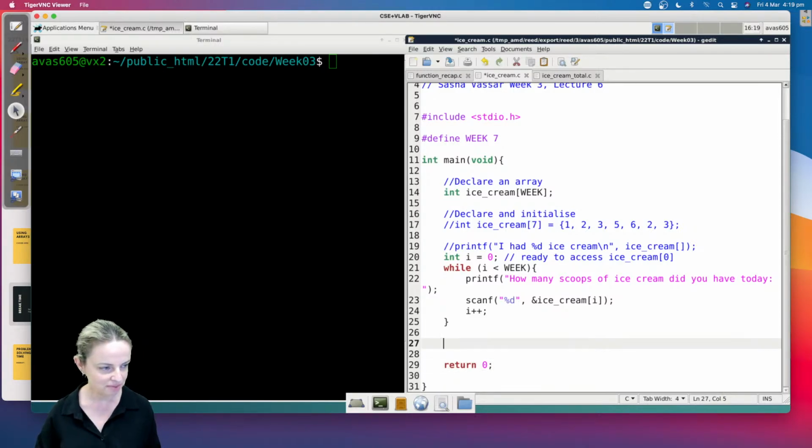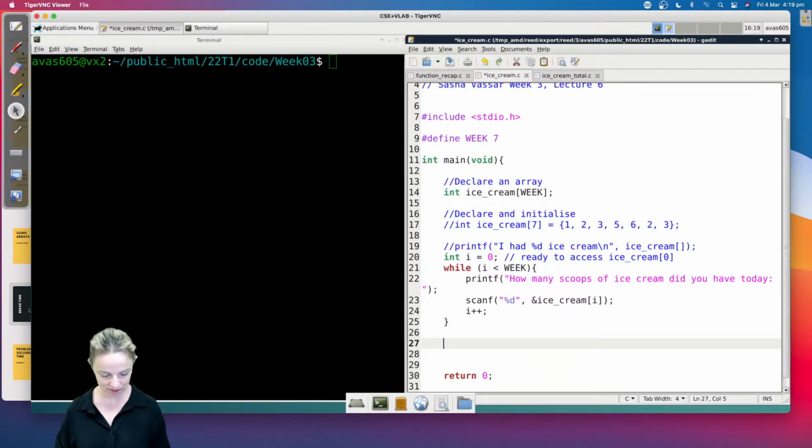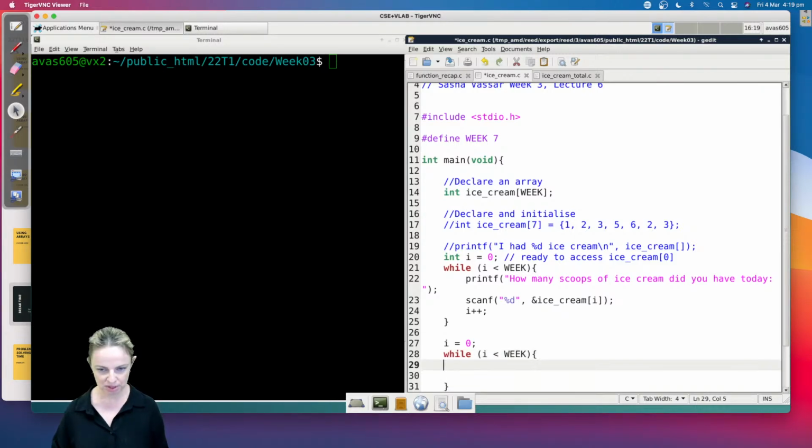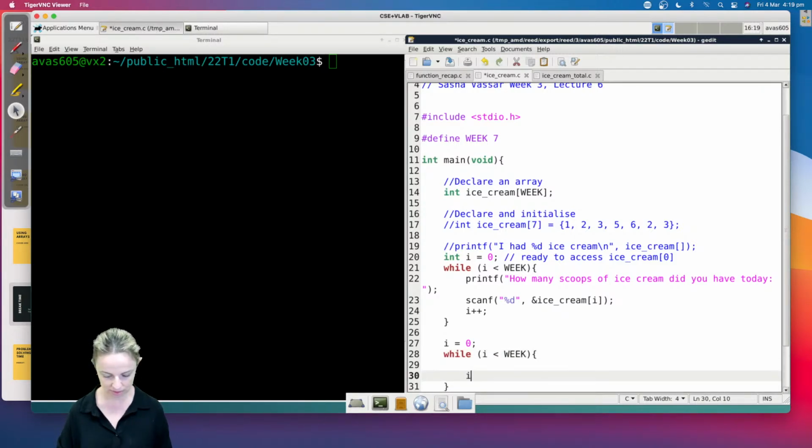Okay, let's print them out. All right. I'm going to print them out. So I'm going to do a while loop again. I'm just going to zero the i again. And then I'm going to say, whilst i is less than week, I'm going to print out. I'll do this before I forget, before I create an infinite loop, and I'll print out